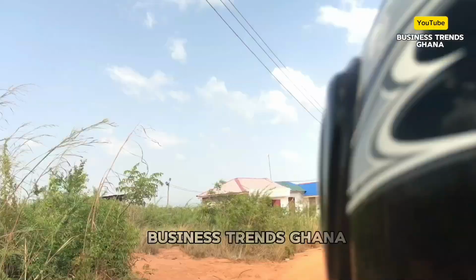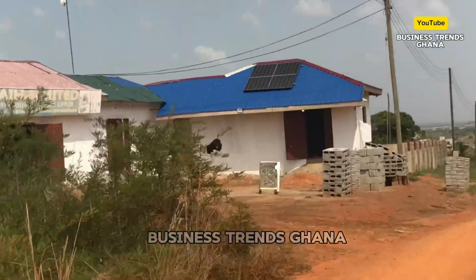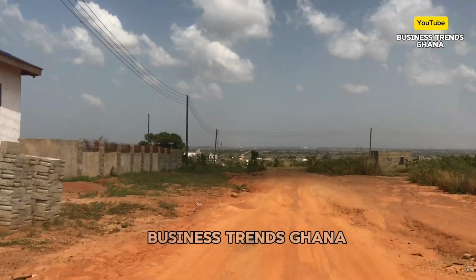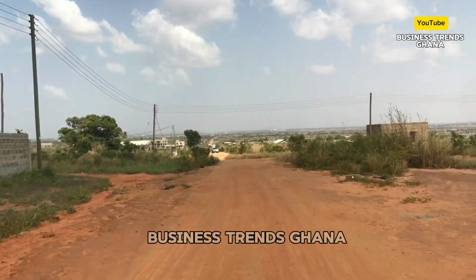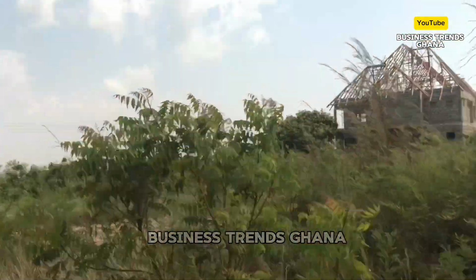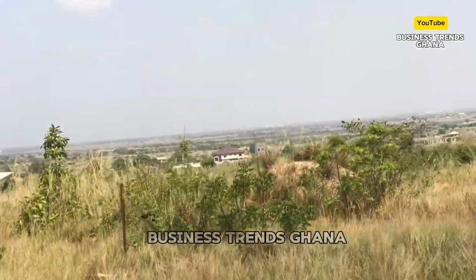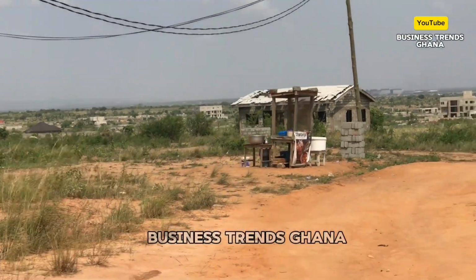So we are sloping down to the site. So right here, when you get to this place, is the site, and on your left here, there's just a building materials shop selling right there. Understand? So while in front there, you get to see how the township is laid out, and how the land is laid out, and then the kind of properties that are actually built at that location as well. So ladies and gentlemen, it's actually a very nice place for you to consider,